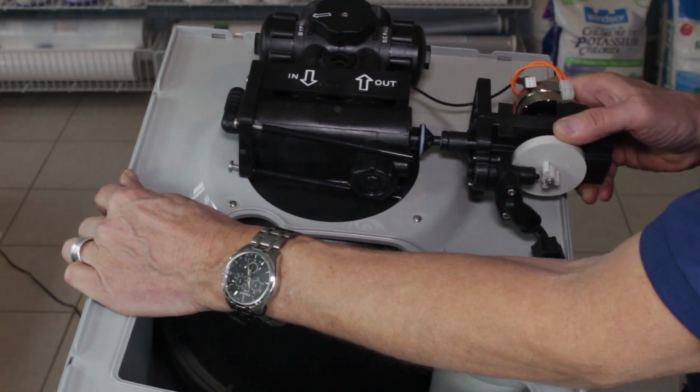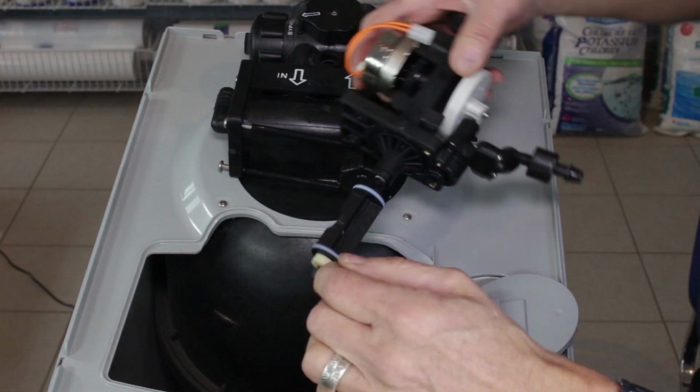so we can just kind of wiggle it back and forth, applying some pressure to slide it out. Okay, so once we've got it out,